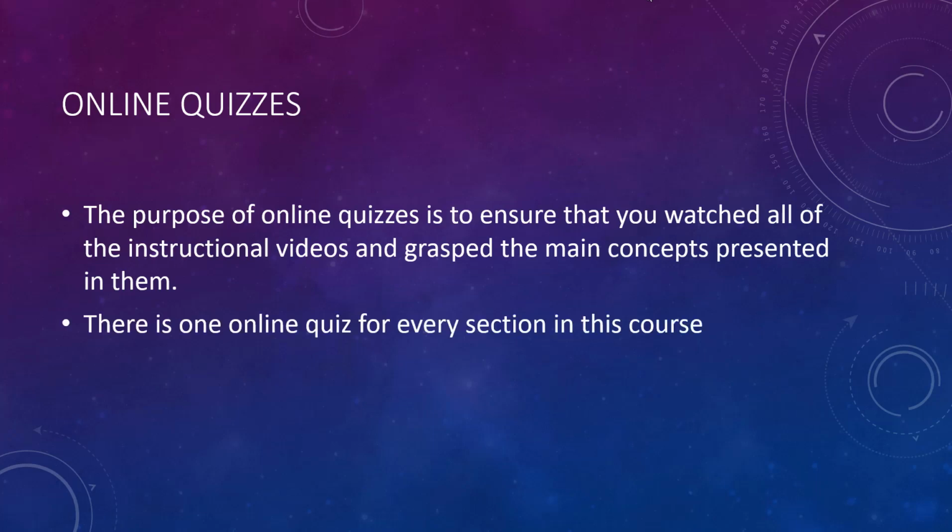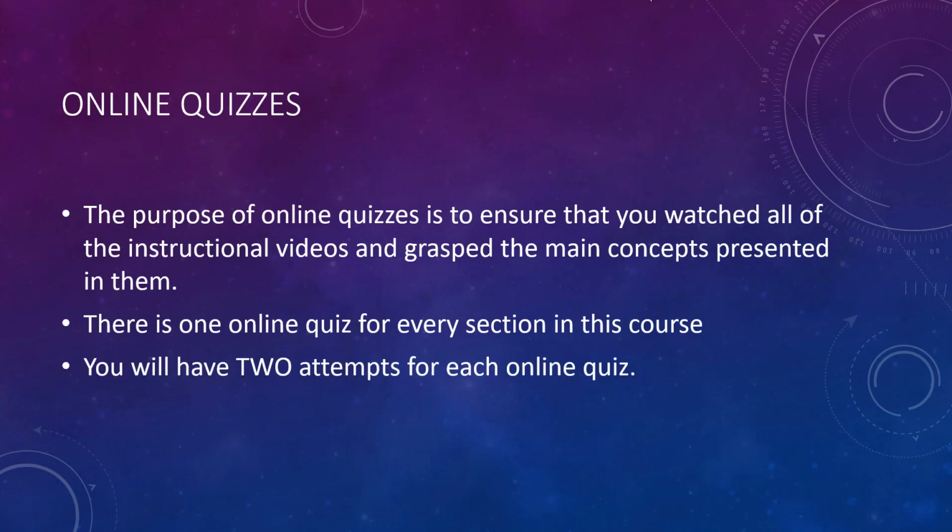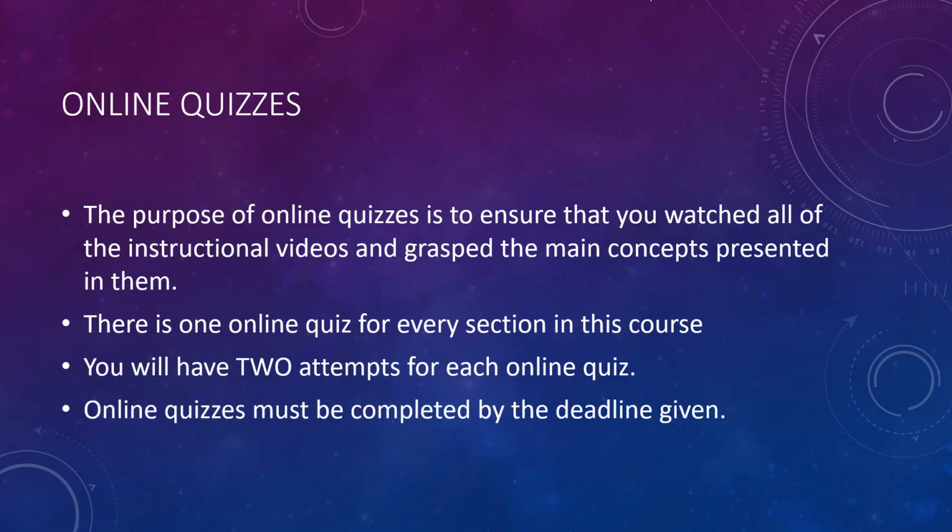Okay. So there is one online quiz for every section in this course, which I think adds up to a total of 26 quizzes. That's a lot. But you have 2 attempts for each one, and they can't be made up for any reason, but I believe I do drop the 2 lowest quizzes at the end after the final exam. So whatever your 2 lowest quizzes are, they will get dropped.